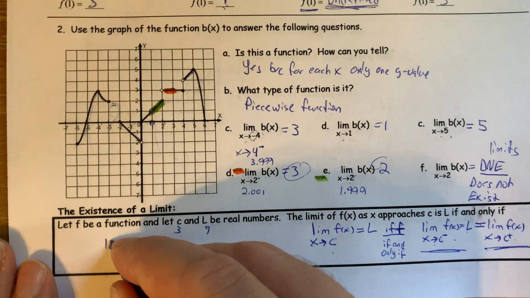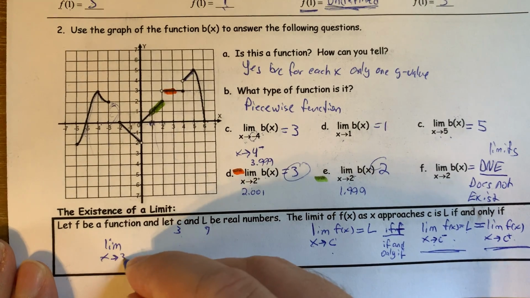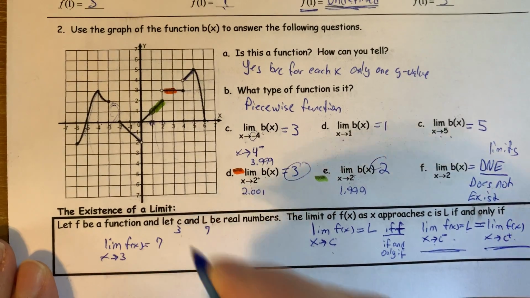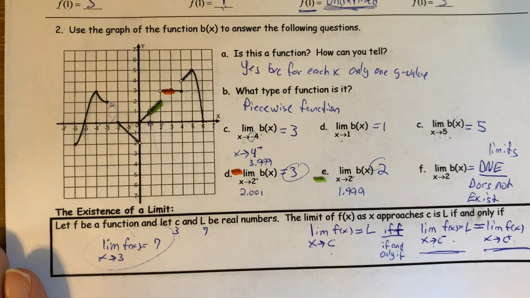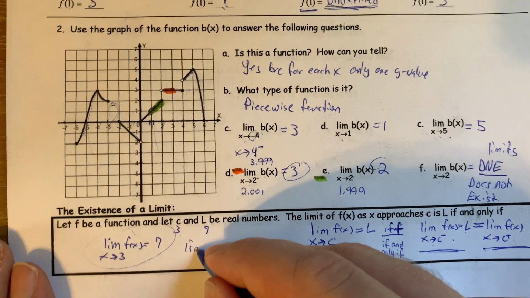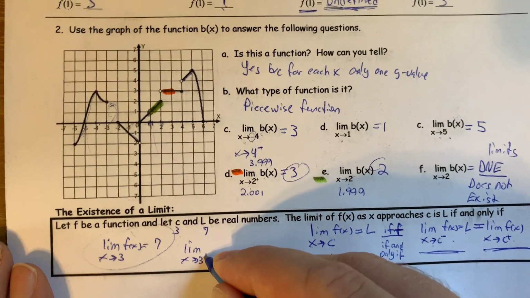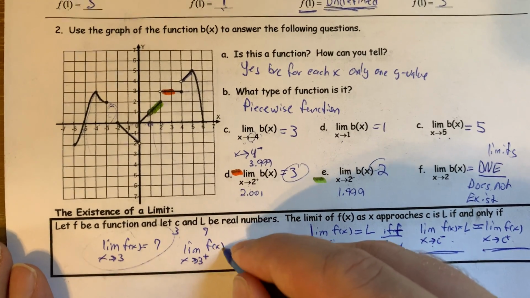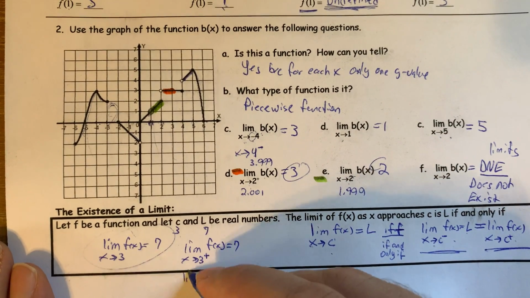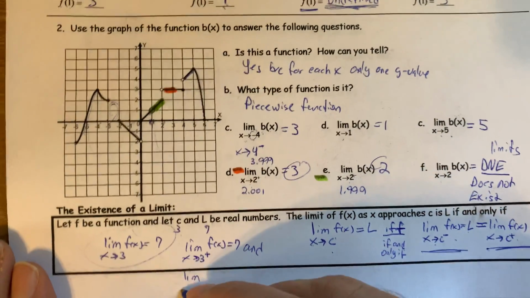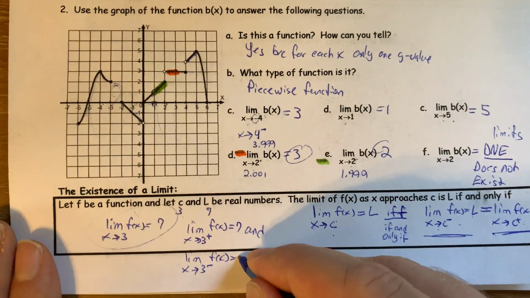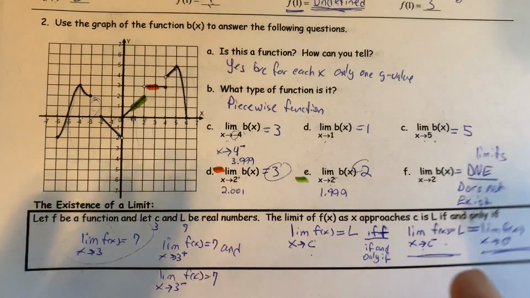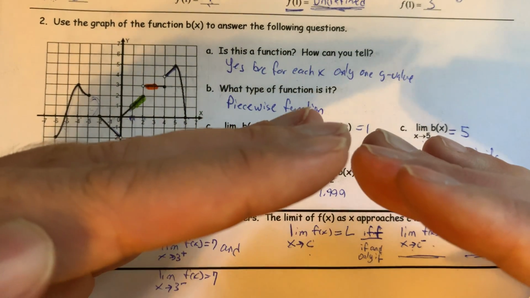So for the limit as x approaches 3 of f of x to be equal to 7, what are the two things we need to prove that this limit is equal to 7? We need the limit as x approaches 3 from the right side of f of x to be 7, and the limit as x approaches 3 from the left side of f of x to be 7. If both coming in from the left and coming in from the right, you get to 7 on both sides, the limit will exist. And notice,